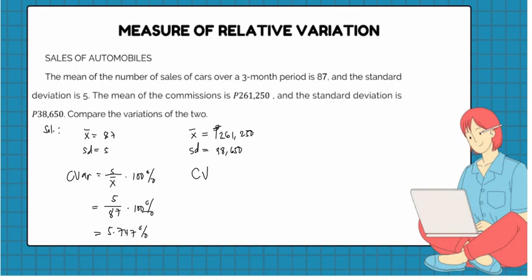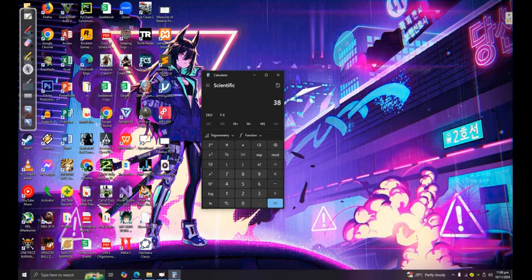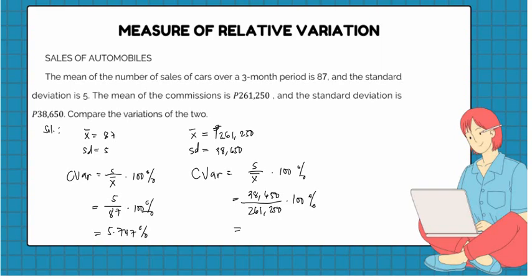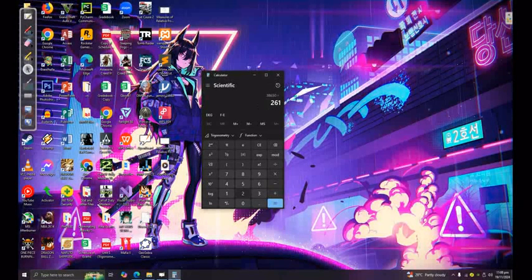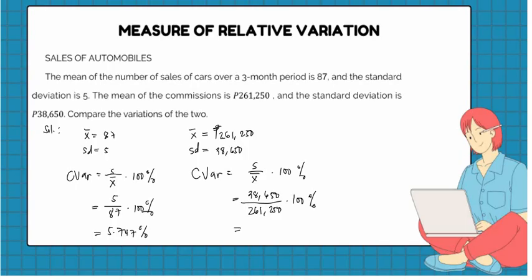Tapos yung isa naman for CVAR, that is S divided by mean times 100%, and that is 38,650 divided by 261,250 times 100%. That is 14.79